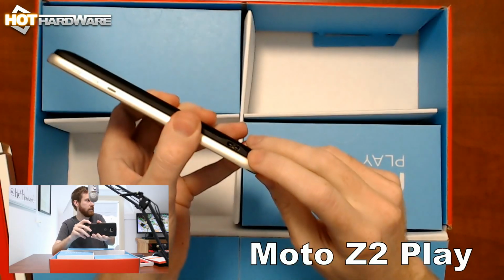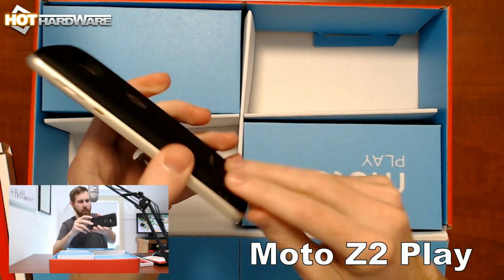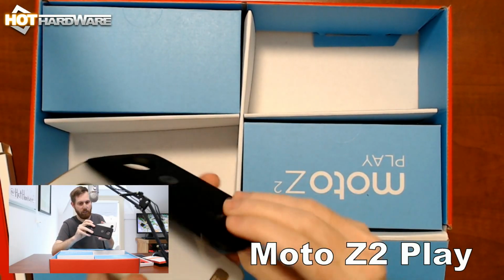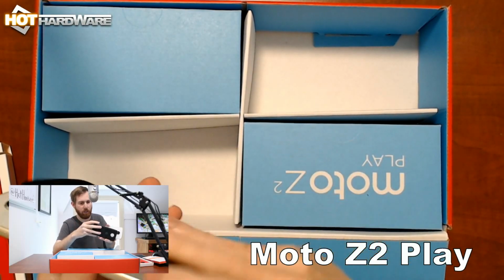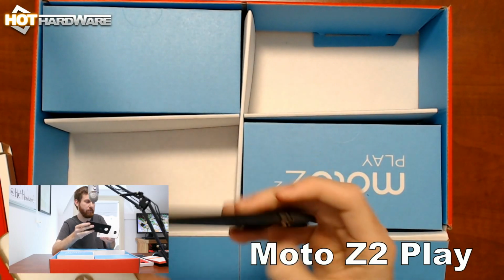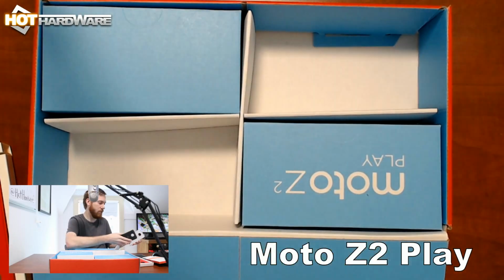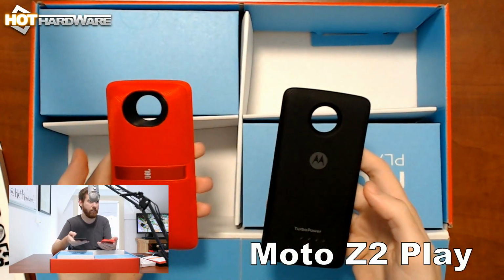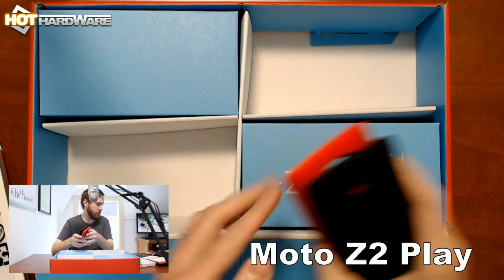Over here, it looks like there's a USB-C port. So again, you can charge this mod separately if you so desire. And it's got the same cutaway on the back for removing it a little more easily than some of the older generation mods. So now that we have our speaker and turbo power out of the way, let's go ahead